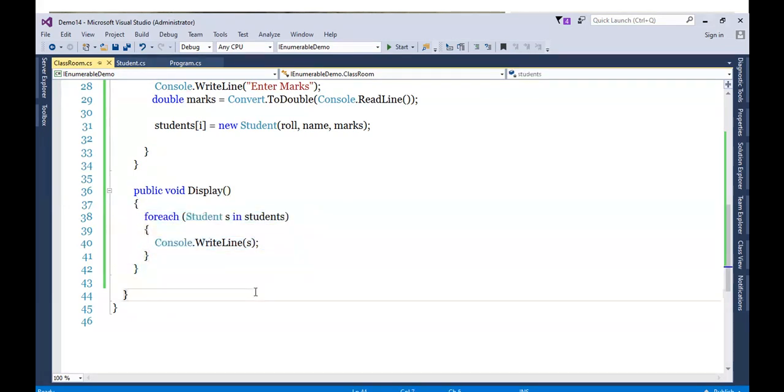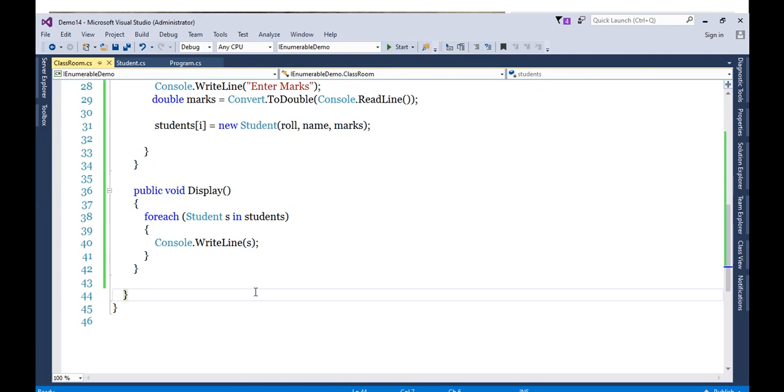Now what is the other way? Since we are working with the IEnumerable interface, to display this collection you may hire the IEnumerable interface. So what is the problem for the classroom class? The problem is that it does not know how to iterate the student array.